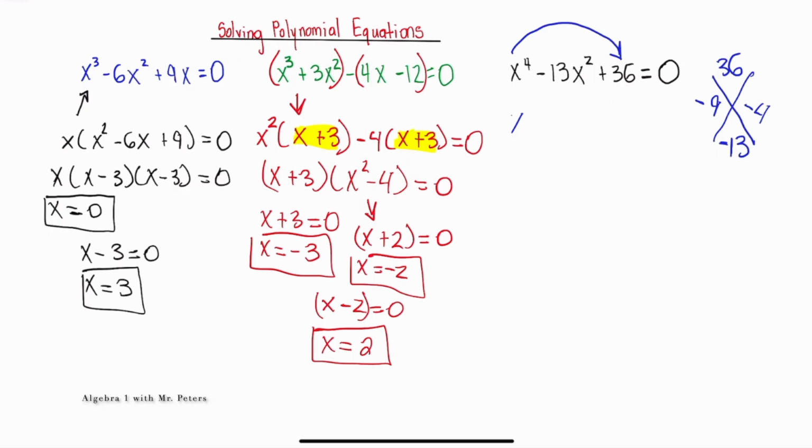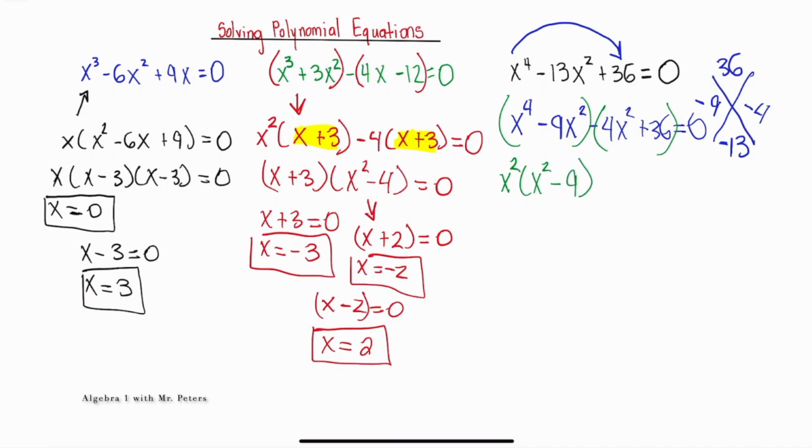So once we break this down, we have x to the fourth minus, and then now we substitute our factors in. 9x squared minus 4x squared plus 36 is equal to 0. And at this step, family, this is when we now go back to our group factoring. So I pull out a greatest common factor of x squared. We're left with x squared minus 9. And then in the second set of parentheses, when we pull out a 4, I'm going to be left with x squared